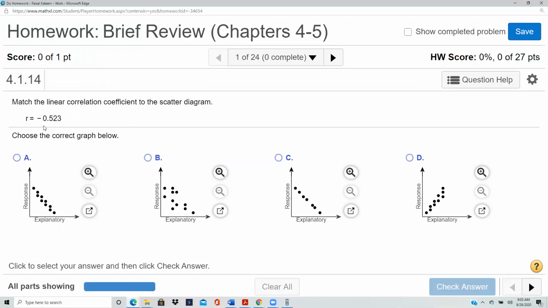But here I have R equals -0.523. So -0.523 is kind of in between. It's not zero. Zero will be something like that, where there is absolutely no pattern, neither rising nor falling. So this is a negative correlation, but not a very strong one. Now, this is also a negative correlation because the points are falling, but this seems quite strong as opposed to, well,